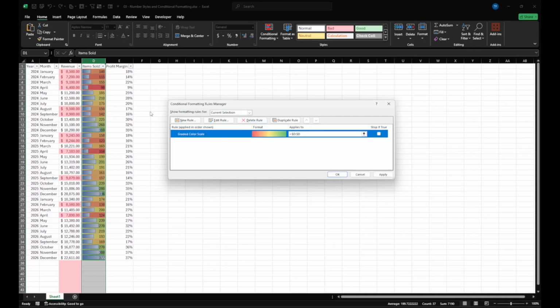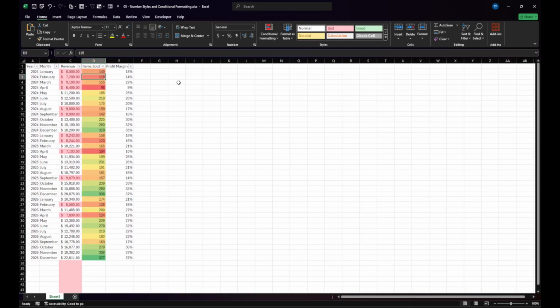And you'll notice nothing happened yet because we haven't said OK. You can click apply and then click OK, or you can just click OK. We're going to click OK. And now the data bars have gone away. This is much cleaner to look at, and you still have a very visual indication of what the data in